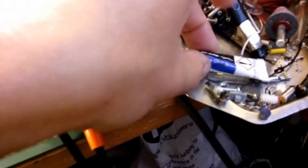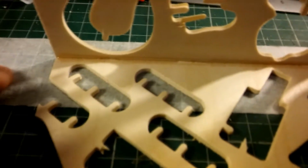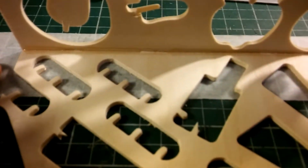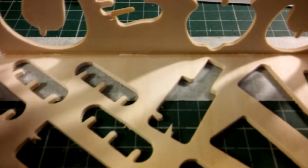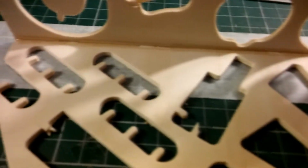That's the first piece of scrap wood glued in place. I'm just using super glue. I've put masking tape on my table so that even if it glues itself to the masking tape, I can just pull it off the table. So we'll leave that to dry for a few minutes, and then I'll put the other piece